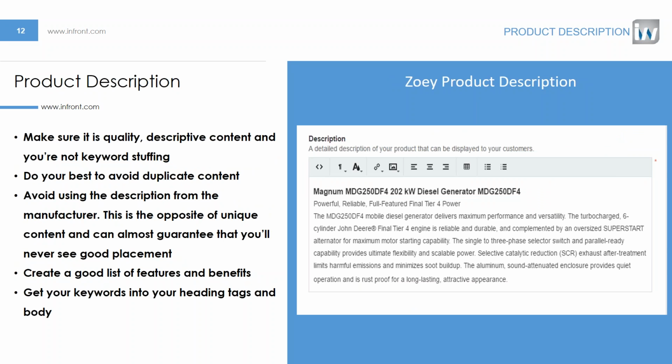And the final slide is the product description. So one of the biggest things that I've seen when auditing an e-commerce site is the lack of any text regarding that product. No product description, no text anywhere. So if I'm searching for a hat, I've seen sites that just say baseball hat, and that's it. Now that basically means that that site and that page is never going to reach the first page of any search engine. So the more unique content that you can write about that given product, the better off your SEO